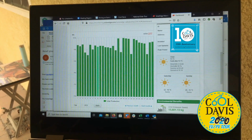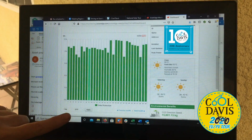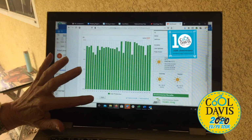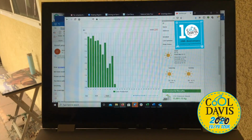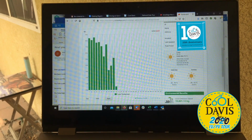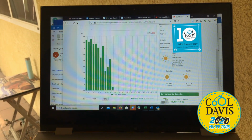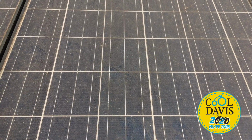So what's interesting here is this is last year's September, and if you look at this year's, there you go. If you look at this year, you can see the drop off due to the fires and the smoke. But yesterday, we were producing 2/3 of regular production. Wow, that's pretty amazing considering